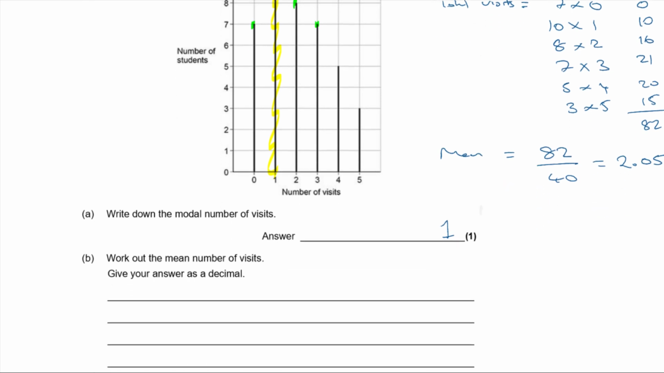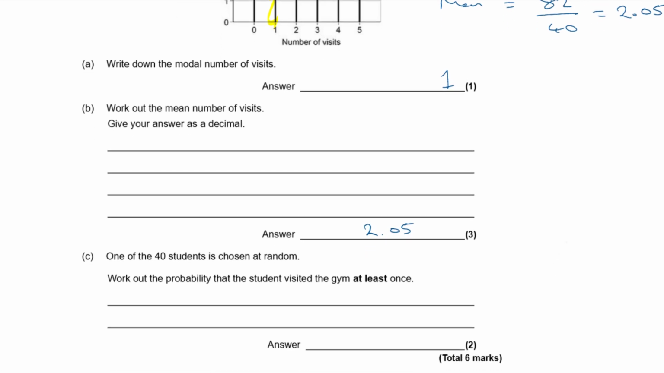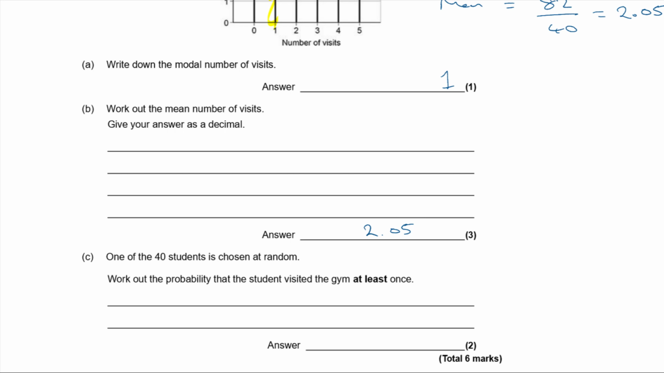Okay. Yeah, so as a decimal, that's 2.05 then. And then part C says one of the 40 students is chosen at random. Work out the probability that the student visits at least once. Okay, probability that he visits